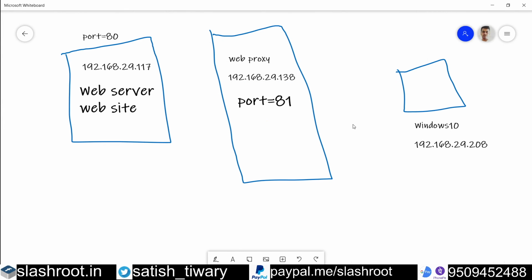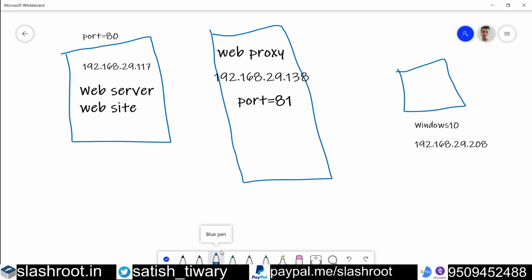Now what we want is that when our client visits our proxy, the proxy will redirect them to the main server. It means the client will visit the proxy server and the proxy server will redirect the traffic to the main server, and the website content will be visible.